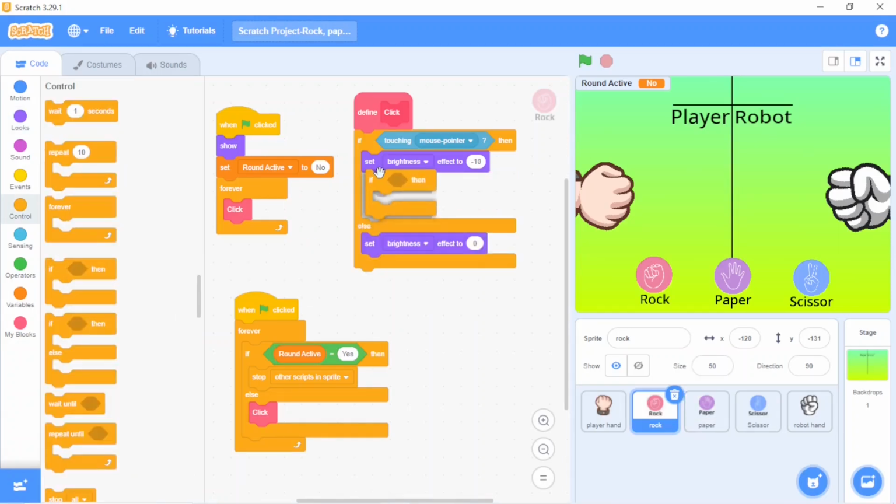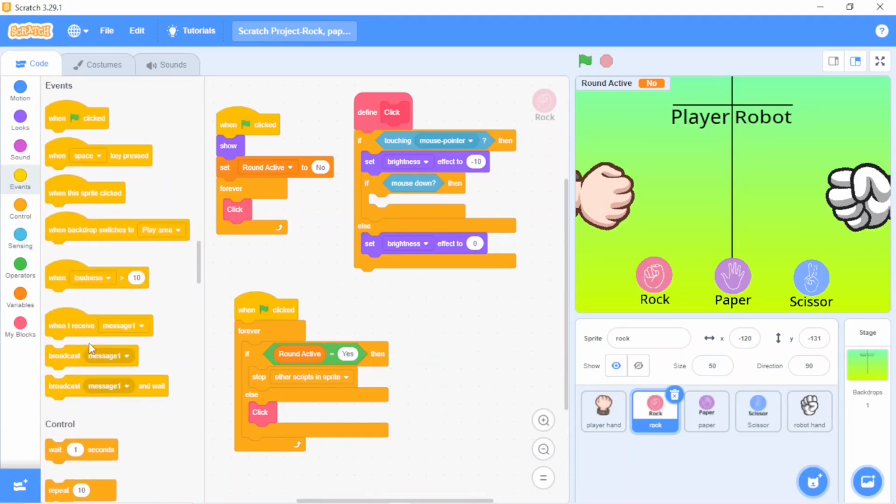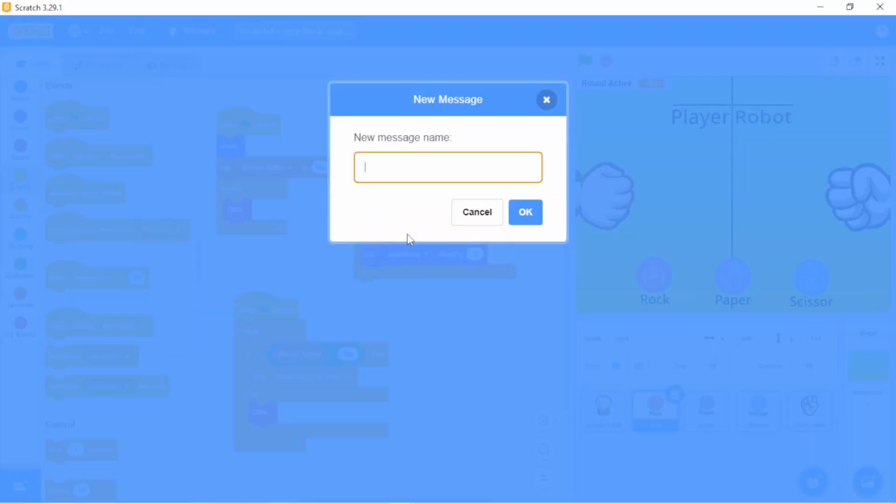Take an if then and put it after set brightness effect to -10, and in the blank go to sensing and take mouse down. If mouse down, then go to events, take a broadcast, new message, that is start move.